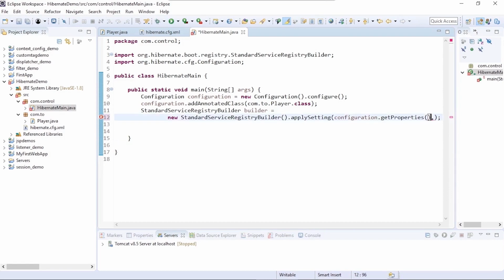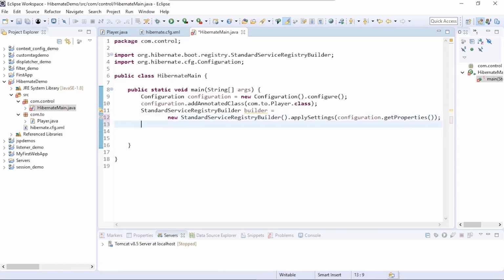So this line of code will actually allow us to apply the settings of the configuration file that we have set up.